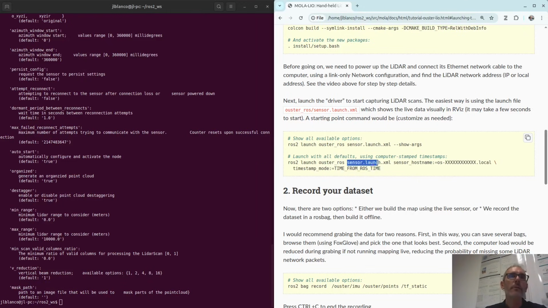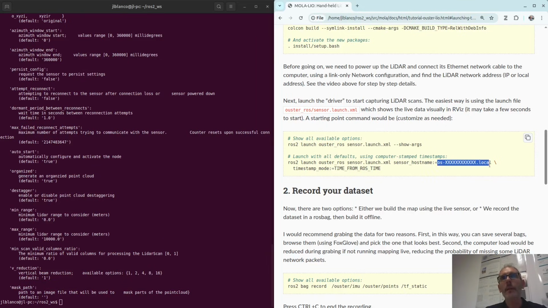You should launch the sensor launch XML file with these two arguments. The first one is mandatory always, which is the IP address, the network address of the sensor in the Ethernet connection. This may be an IP address or a .local DNS name.